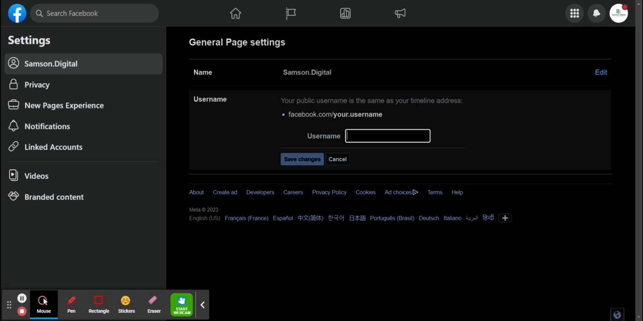I mean, the ideal one for us, because our company is Samson Digital or Samson.digital, because that's our URL, ideally it would be Samson.digital, but someone already had that. So I tried different things, but ultimately what we needed to do was Samson.digital.inc, something like that. You can be creative here and come up with something, but ultimately you want something that's